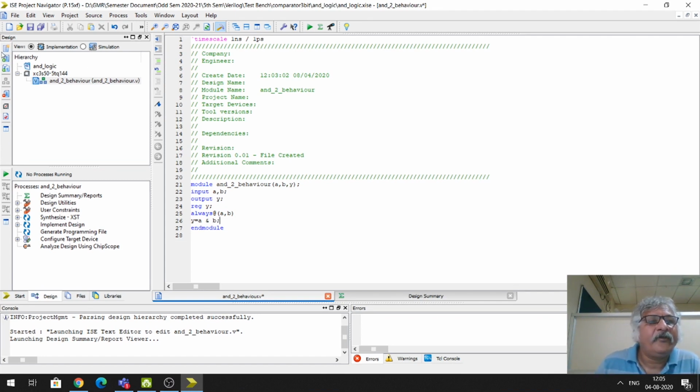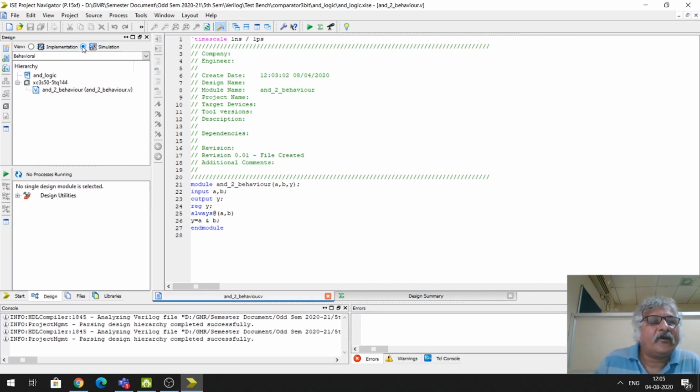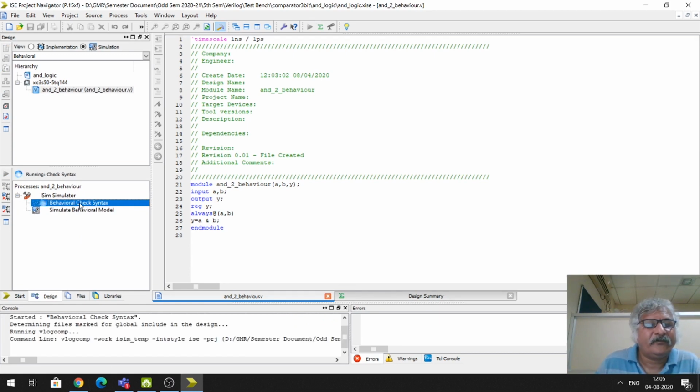After writing the code, I will save it, and then I will select the simulation option here. I will select this and underscore to underscore behavior module. Then you see in this window the iSim simulator is available, and here I will check the syntax first.